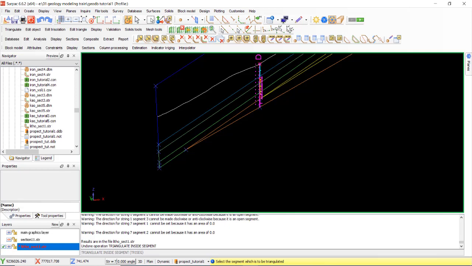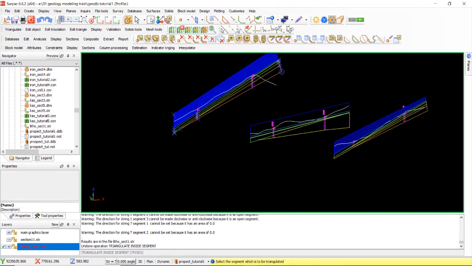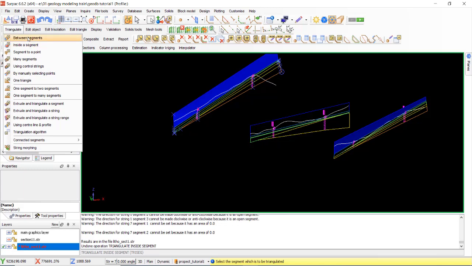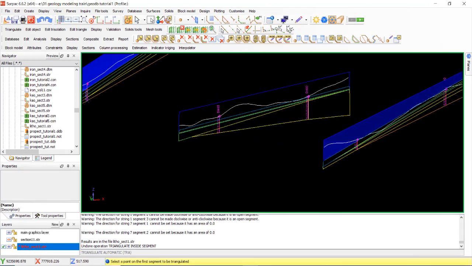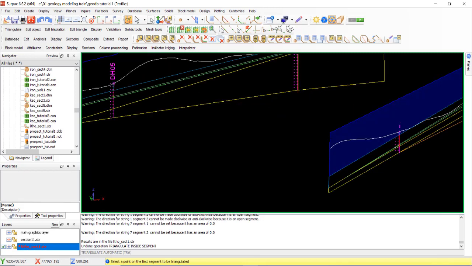Start from 2. Okay. Blue. Select between segment. Select 2. Connect this boundary to this one. Select the side.